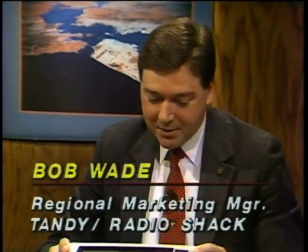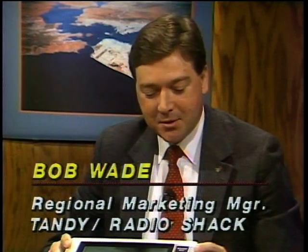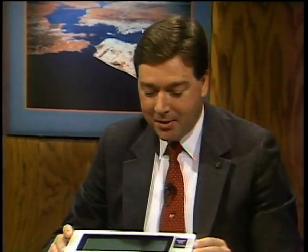The largest user of the Tandy laptop is the journalism profession. Virtually all major newspapers in the United States and around the world have used the Model 102 for remote data transmittal back to the home office for publication. Oh, is that how it was originally conceived, or is it a...